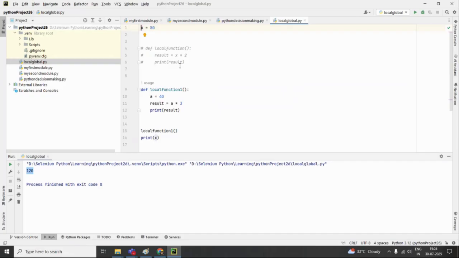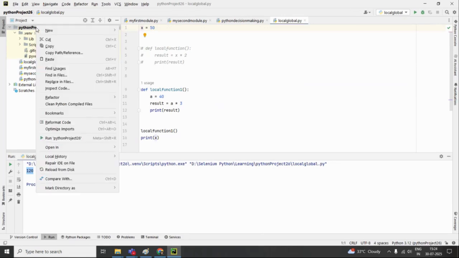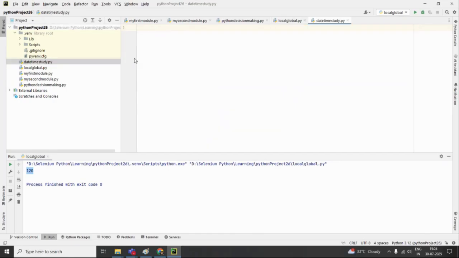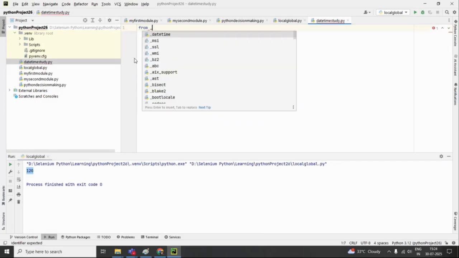Okay, now we will study these small concepts. Now we will study date time. Create a Python file and name it date time study. Okay, here from date time